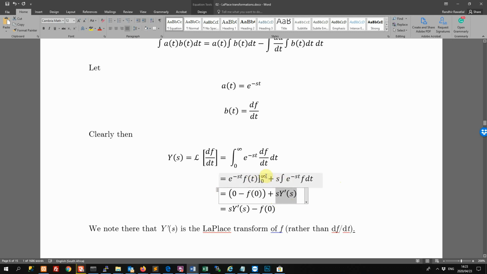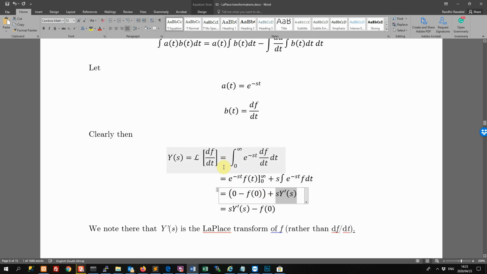When t goes off to infinity, we've got e to the minus infinity, that's a 0, so that's there. And then when t goes to 0, then that's e to the 0, which is a 1. And then f is also a function in t, and so if we are applying 0 here, then this is f at 0. In other words, this is the initial value of the function. Right, so the first part of our integration by parts gives us just the initial value of the function that